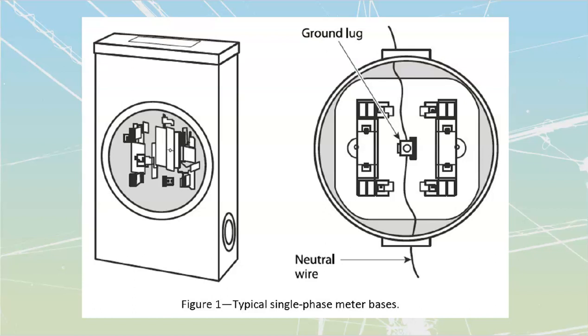Rule 6-102 talks about the number of services of one characteristic to a building that we would be allowed. Normally, if I have a building, I can have more than one service to it, but they are going to be different ones. I can have a 600-volt three-phase service to a building structure. I could also have a 120-240 single-phase to a building. It's not common that we're going to have more than one to a single building, but it does happen, and